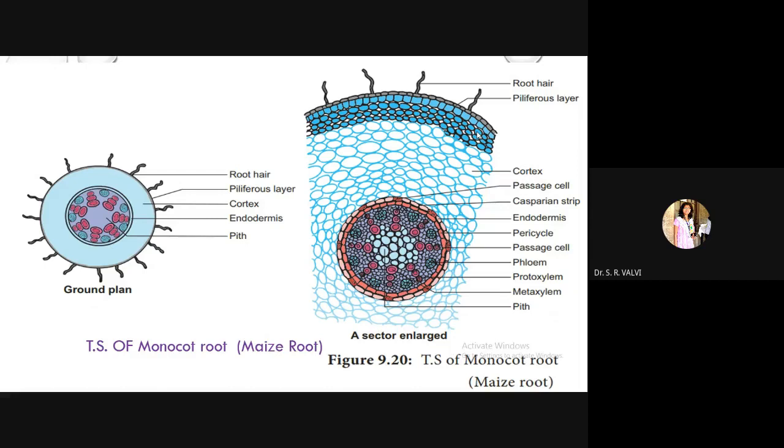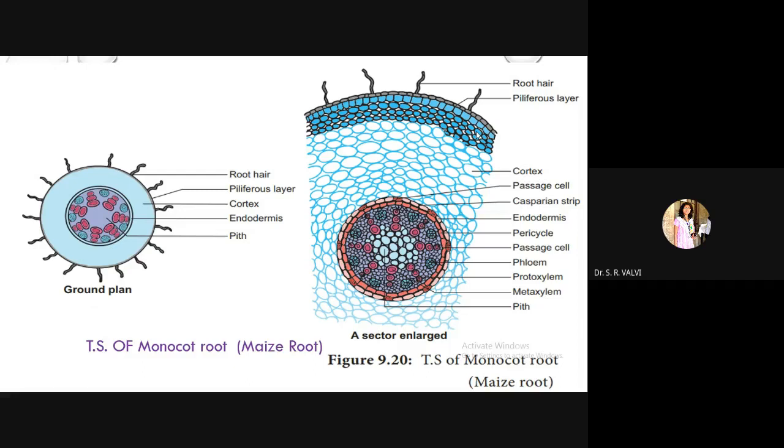which is present within the plants, the parts of the plants which are present above the ground, I can say. Those parts have an outermost layer, and we call that layer epidermis. Epi is above, derma is skin. Likewise, epidermis is the name given to parts present above the soil, above the ground.